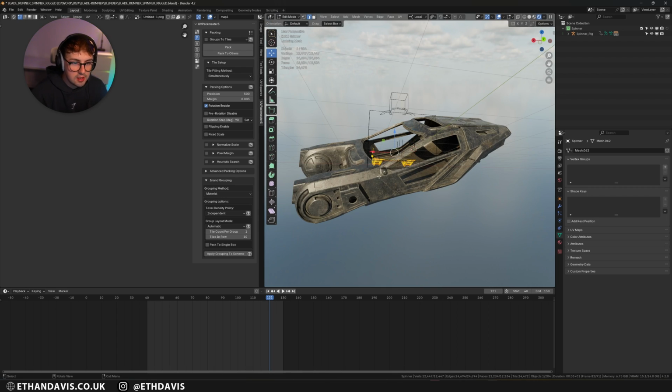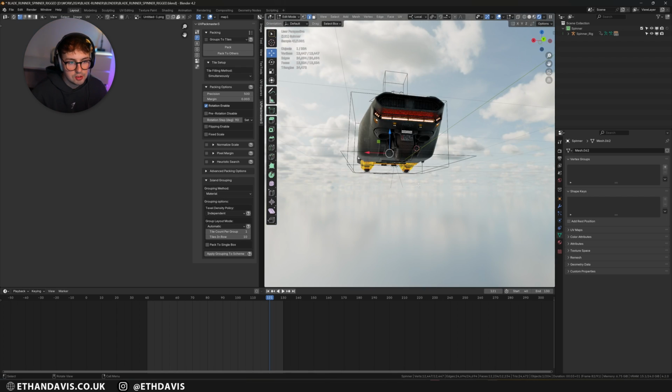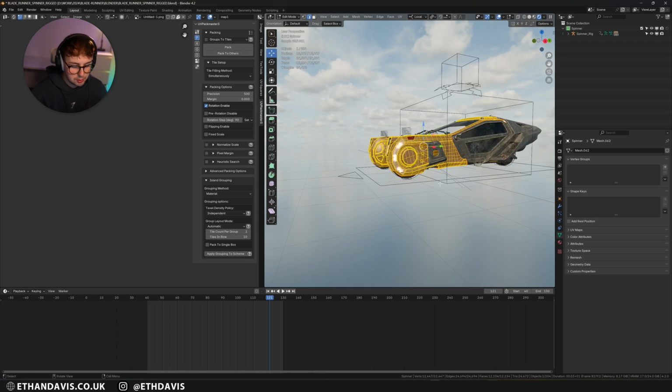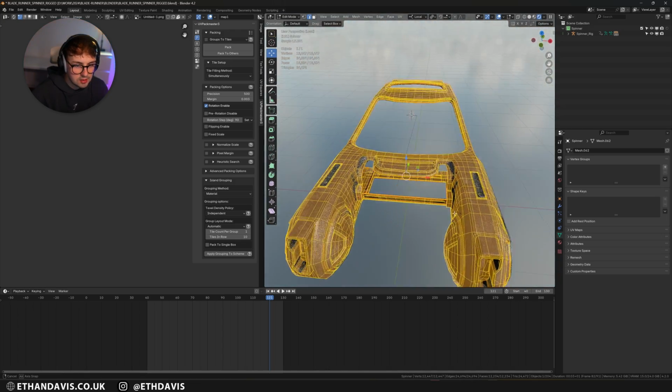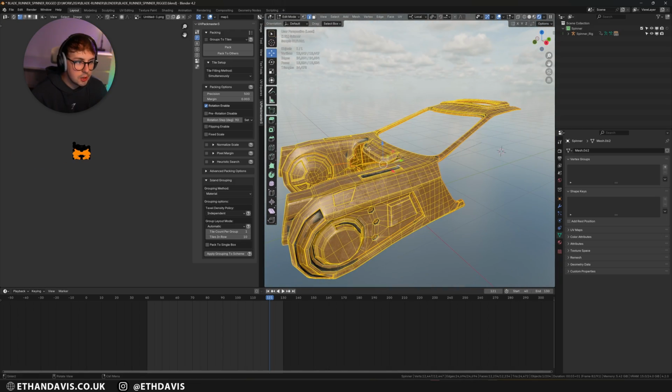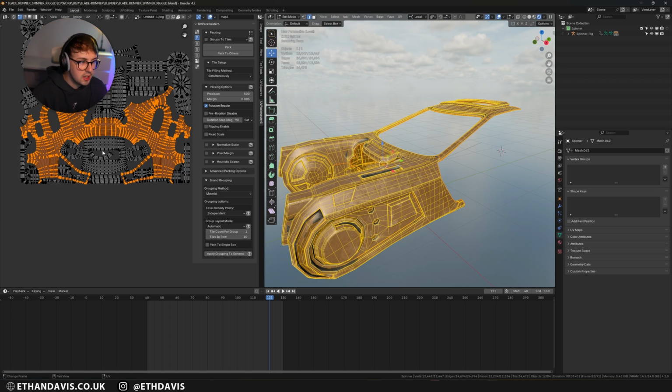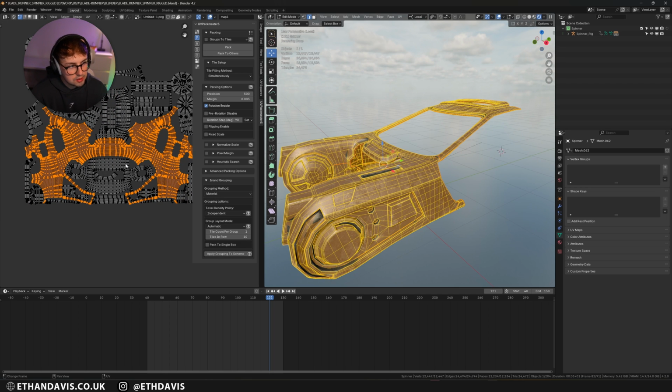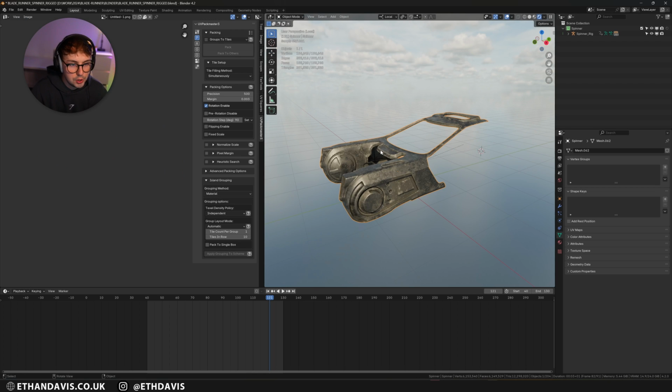This object here was a bit of a pain to unwrap, to be honest, because it's all one object. Here you can see how it is unwrapped. It's a really cool add-on. Obviously, you could do it yourself, but for something that makes life so quick, it is worth it, I think. But yeah, let's jump into Substance Painter and get started.